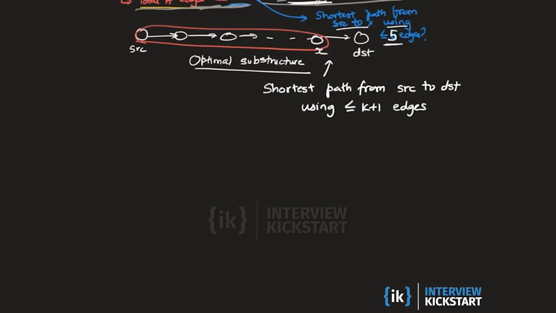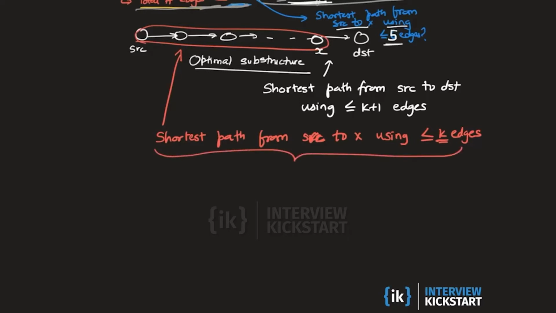problem, then the red prefix represents the shortest path from the source to x, using less than or equal to k edges. If we write this as k plus 1, it would not be correct, but if we write this as less than or equal to k edges, it would be correct. Why is that? Because